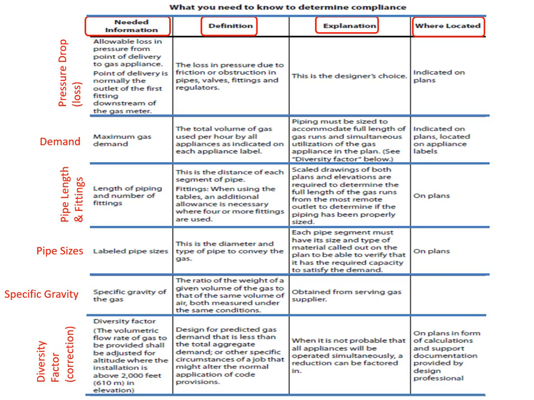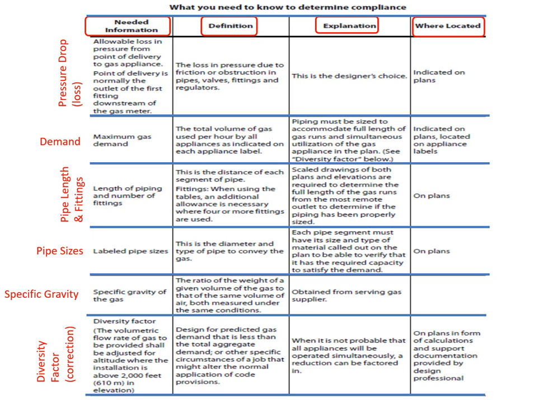We need to understand the limitations of the designer's intent, that is, because the demand is so important. We need to indicate this on the plans accordingly. So we've got two components, pressure drop. We have demand. The information must be conveyed to the approving authority. And once that is on the construction documents, it's very good communication for everybody to see the factors involved in the design of the gas piping system.